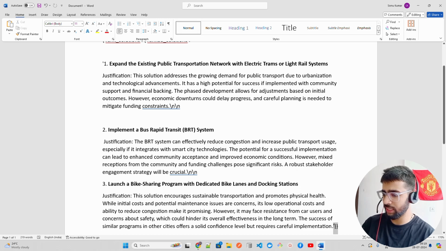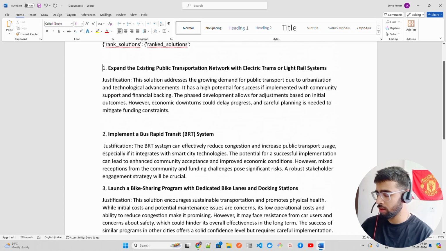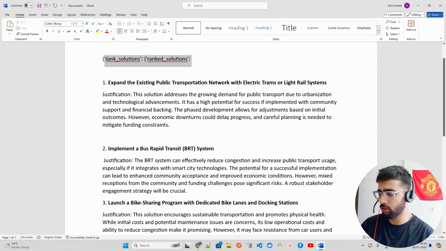So you can parse the output through JSON and all. That's fine. That's fine here. Okay, cool. I think we are good. Now this is what it says. The ranked solution. It says